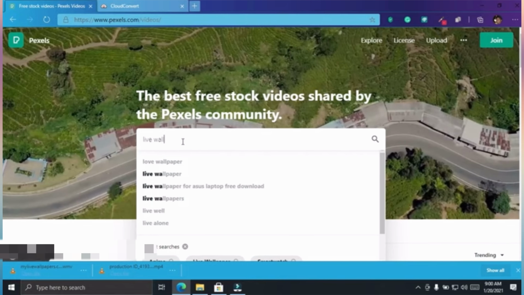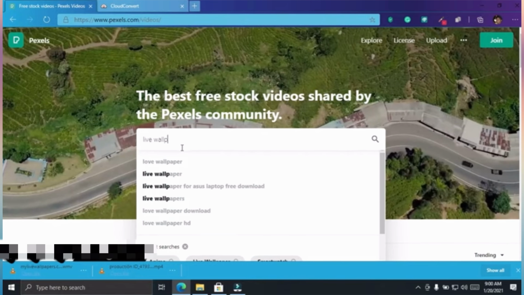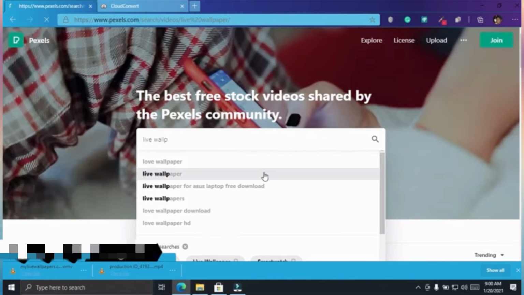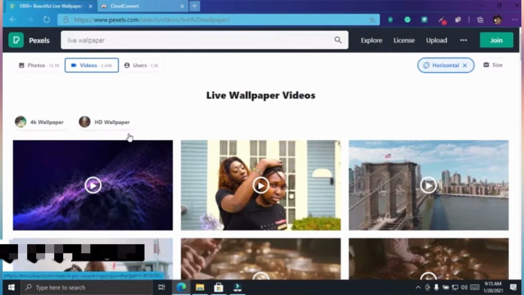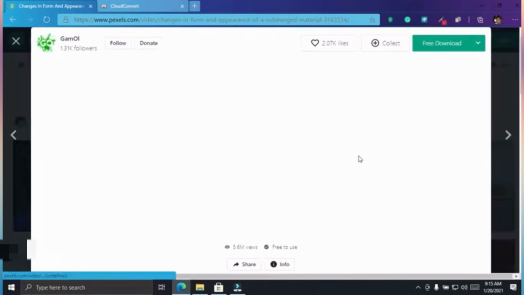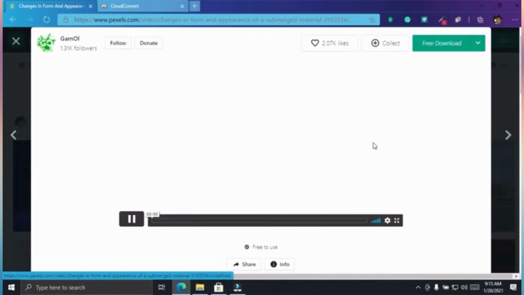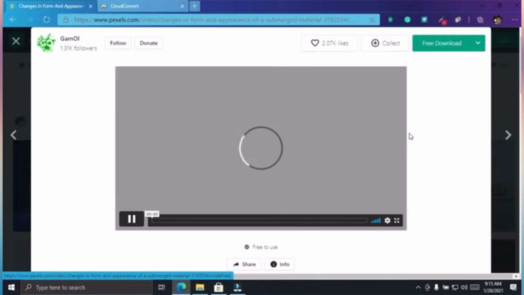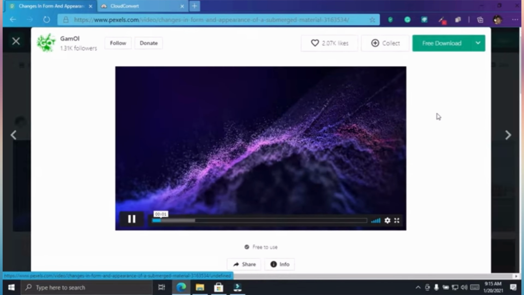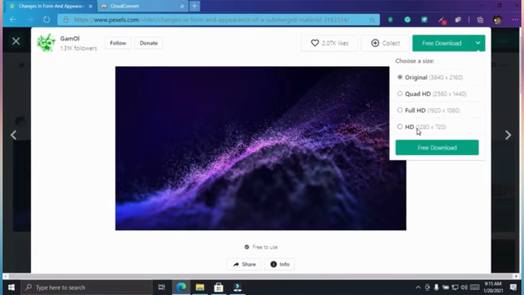You can also use another app like Pexels to download live wallpapers directly to your desktop. So just type in live wallpaper and then just choose the live wallpaper video, and you can download these videos for free. Now you can only download these videos in a specific